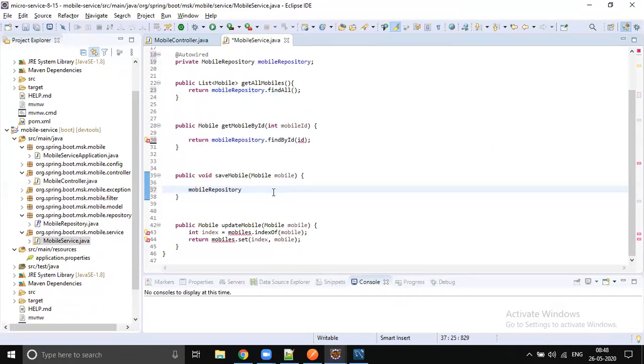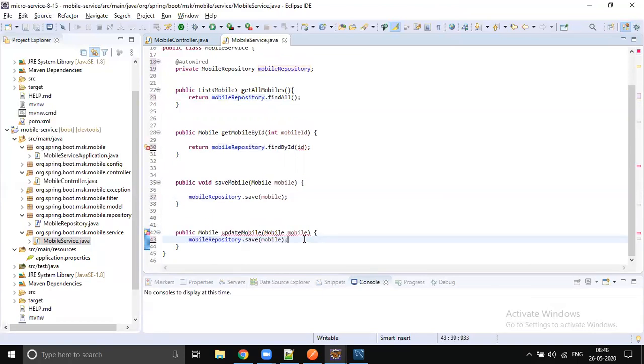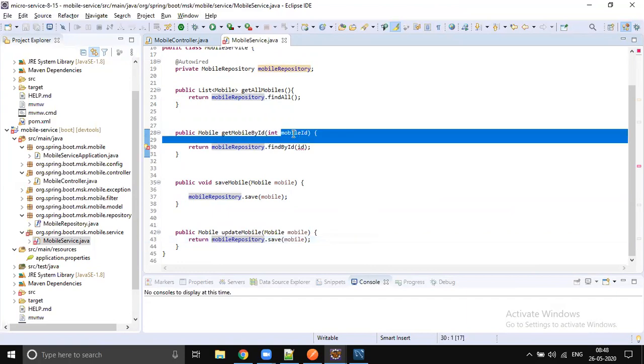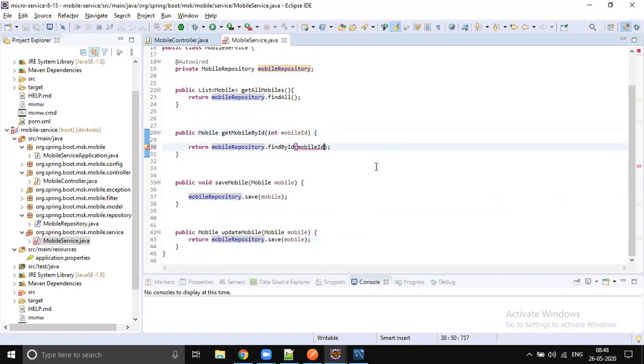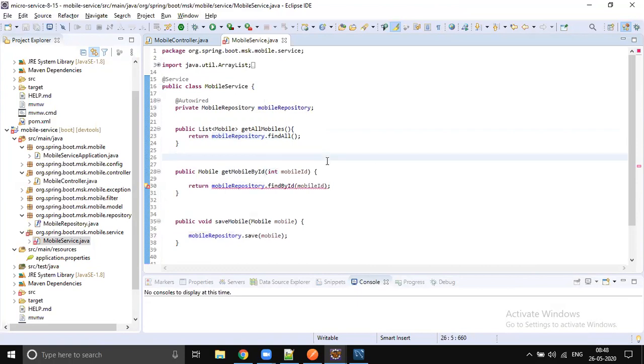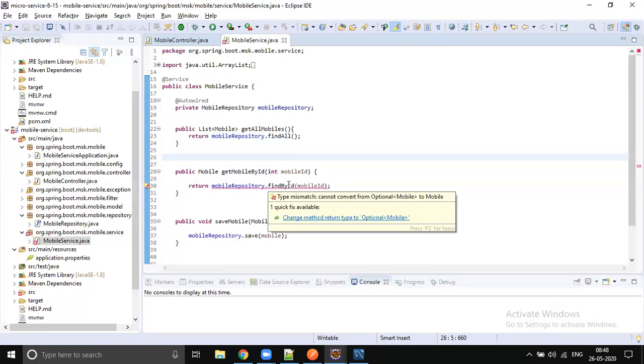Okay. And when we would like to save the mobile, no need to return anything. So you can just simply call mobileRepository.save entity. Entity is a Mobile, right? Yes. To update mobile, it's same. Save will automatically take care of updating and saving, right? So we should return the saved mobile, the save return. Okay, we are done. This is a mobile ID, not ID. Okay, fine. So we are done with repository integration. I think it's going to return Optional. It's going to return Optional.